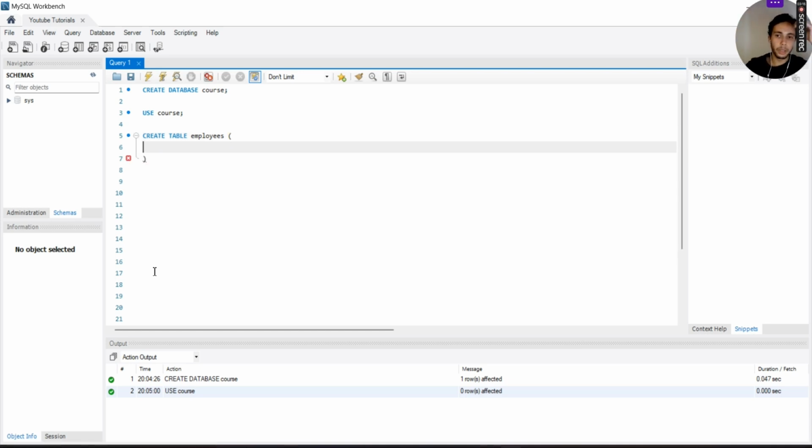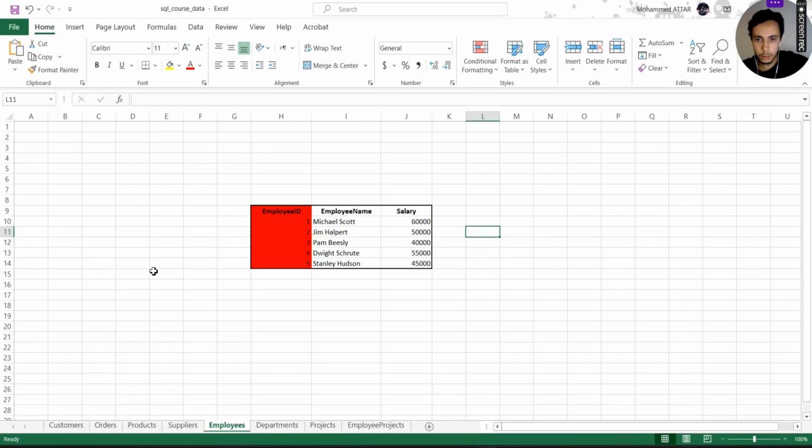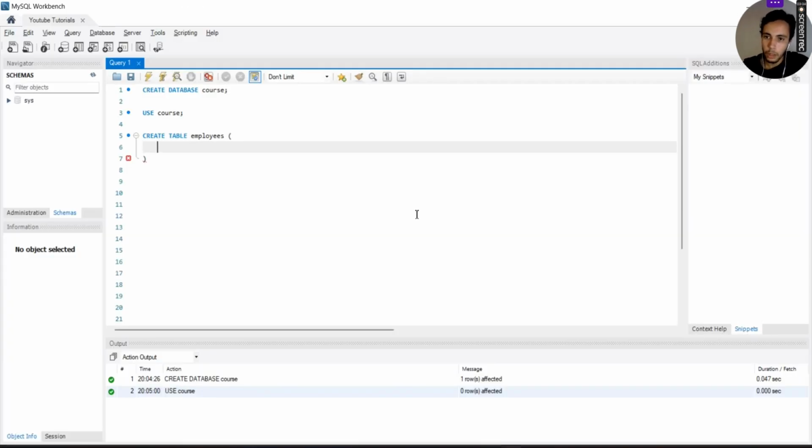and now between these parentheses we are going to mention the name of the columns that we want in that table. Okay, so in our case it's the employee ID, the employee name, and the salary. Okay, so we type employee ID. Okay,